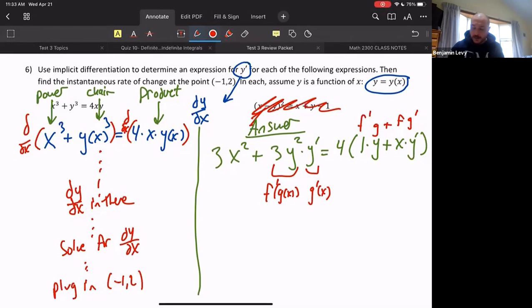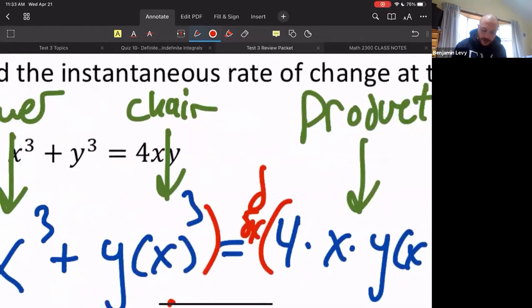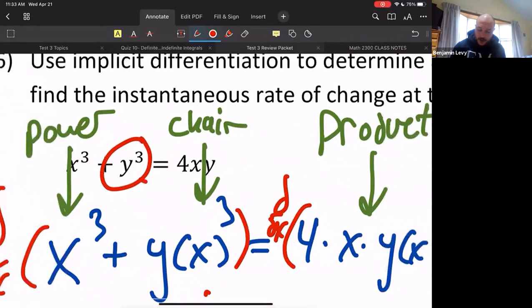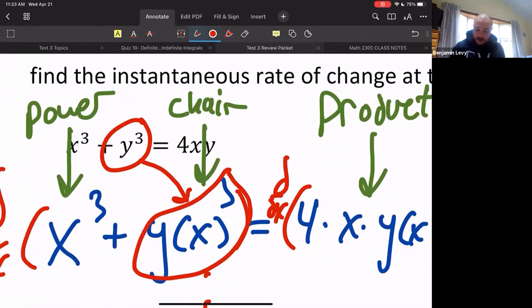So it's y of x. This is y as a function of x. We're not multiplying two things. If you look at the original function here, it's just y cubed. When I wrote this down, I'm just noting it's a function of x, which is what made me realize it's a chain rule. That's what I'm trying to note there. I'm not noting two things being multiplied.